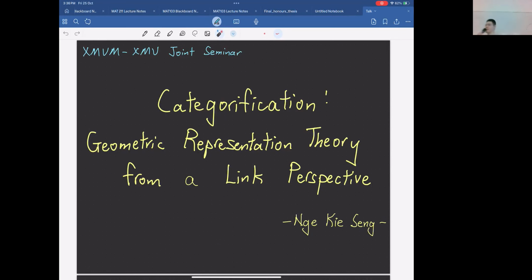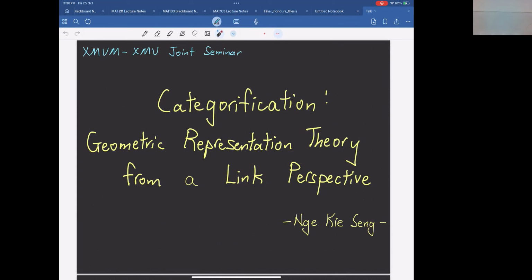Thank you, Darren, for a wonderful introduction. Welcome everyone here. I think this is the first time there are more students than professors here in the seminar. Okay, there's no one. Oh, good. It's very good. In particular, there are some of my FYP students here. So hopefully you'll gain some insight after listening to the talk here.